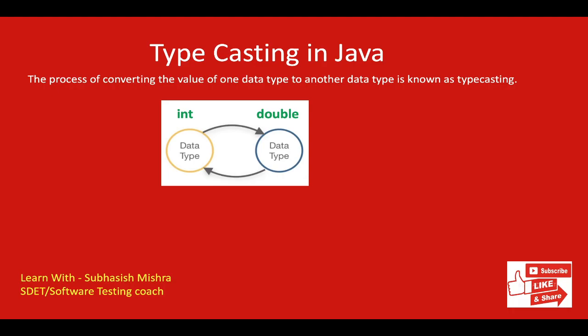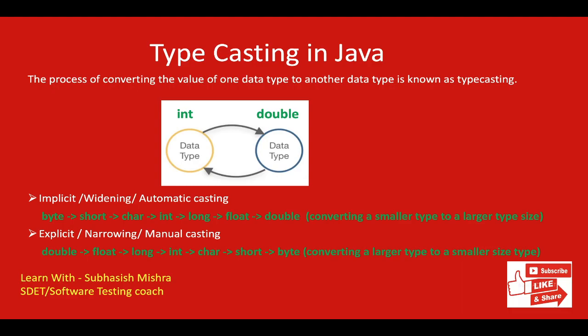there are two types of casting. When you assign the value of one data type to another, the two types might not be compatible with each other. If the data types are compatible, then Java will perform the conversion automatically, known as automatic type conversion, and if not, then they need to be casted or converted explicitly. We'll see these examples. For now, let's just understand we have two types of casting. One is implicit casting or widening or automatic casting. The other one is explicit casting or narrowing casting or manual casting.